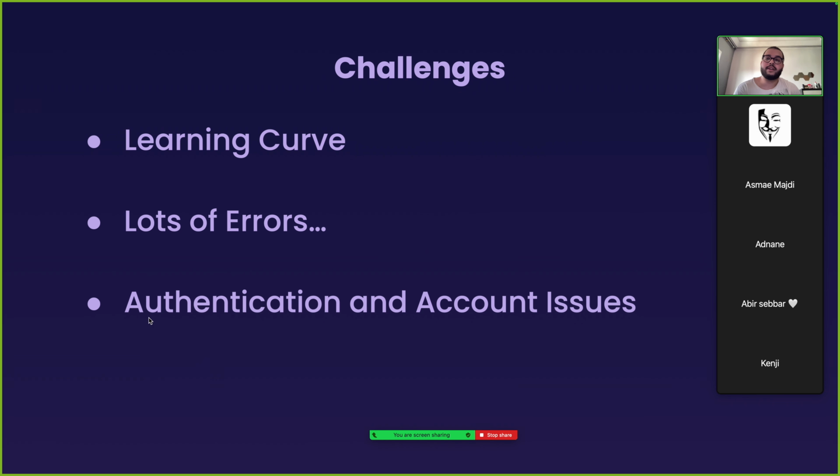Also, I had errors with authentication and account issues. I wasn't able to log in correctly. Sometimes I would have issues with the email. They would say that the email doesn't exist when it also exists. So I had mainly problems with my configuration file for AppWrite. I had to keep going back and forth between their documentation to have everything fixed, and I also had help from Kenji, and he helped me with how the whole structure of the database works